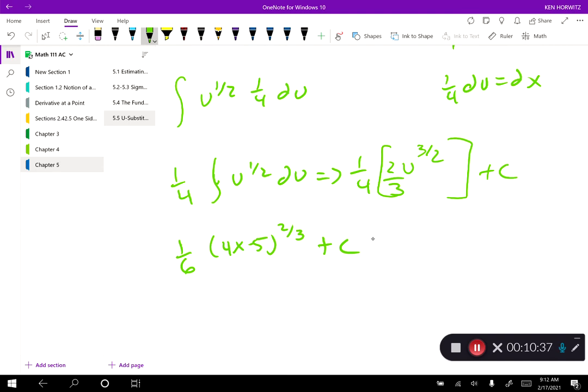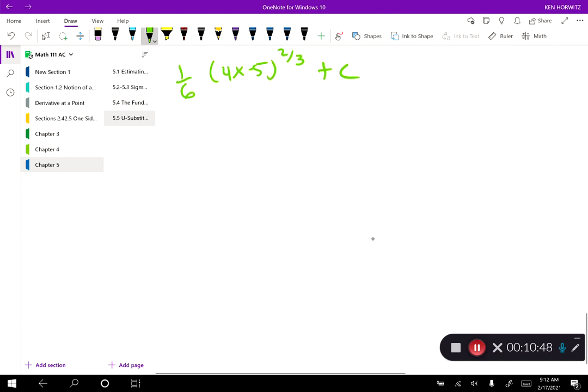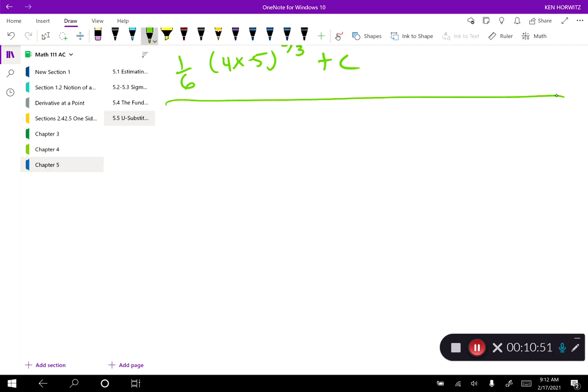All right. So now that we've done one with a square root, we've done one with a trig, and we did one that was just straight algebra, let's try one that looks like a rational function. All right. So I have the integral of e to the x dx over 3 plus e to the x. So again, this is where it becomes an art versus a science. The reason I'm going to pick the bottom as my u, e to the x plus 3, is because